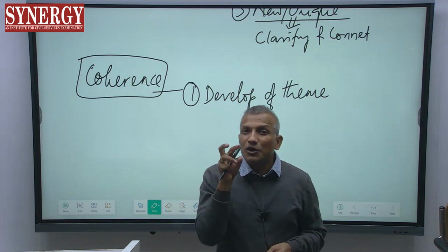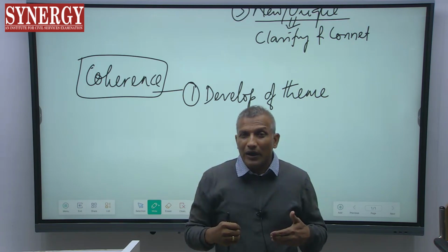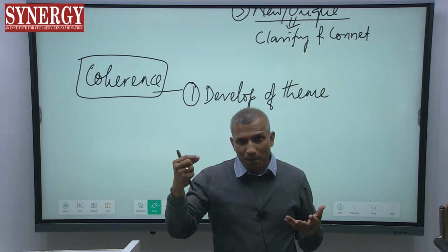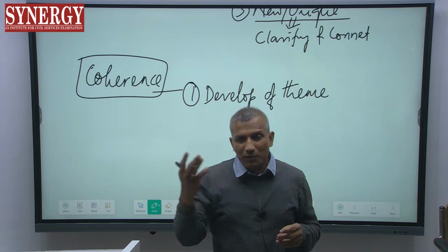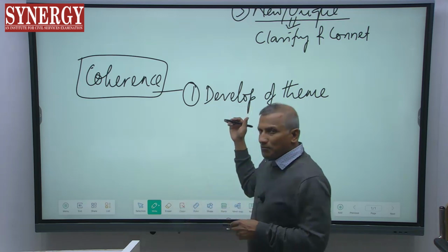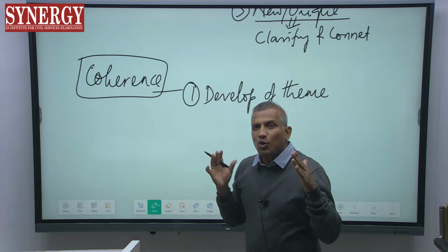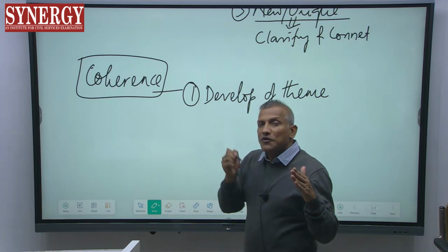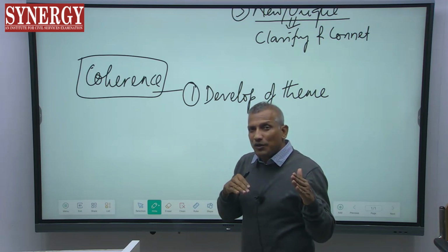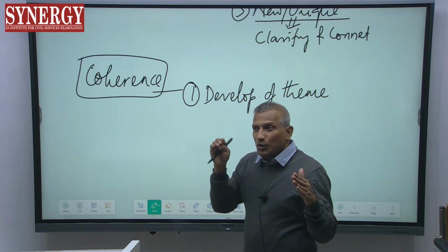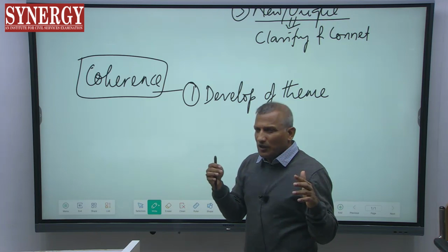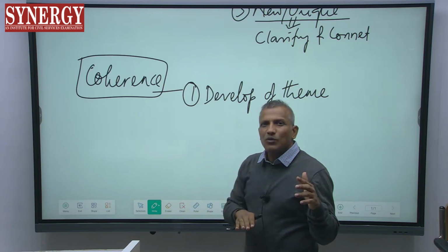So, whatever you have understood by the question, you should work hard and try to simply develop one particular theme or two themes. Because two parts of the question might be there, three parts of the question might be there. So, when you develop the theme, it becomes easy to write the answer in a coherent manner, because while writing, you should constantly engage yourself with the theme, repeatedly reminding yourself of the theme. In that, your tendency to write in a jumbled way, in an arbitrary way, in a very chaotic way will go down.